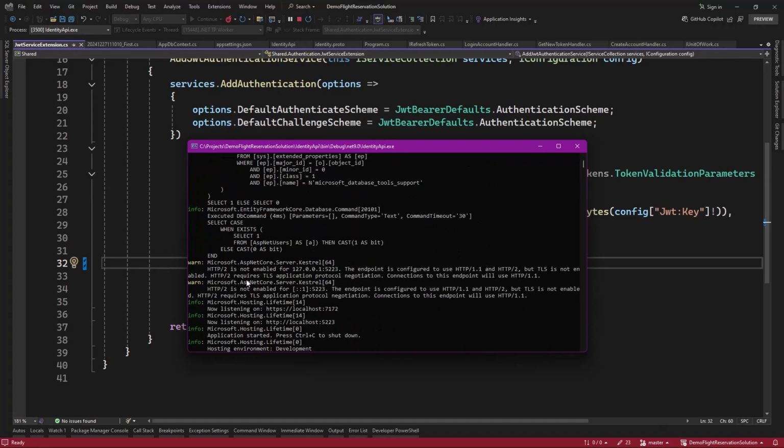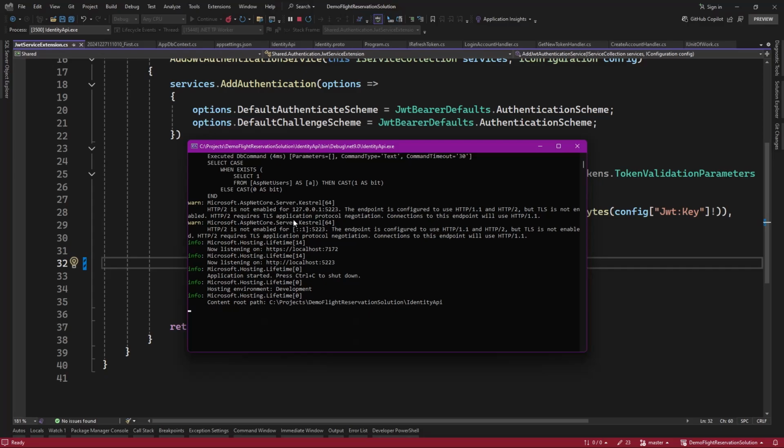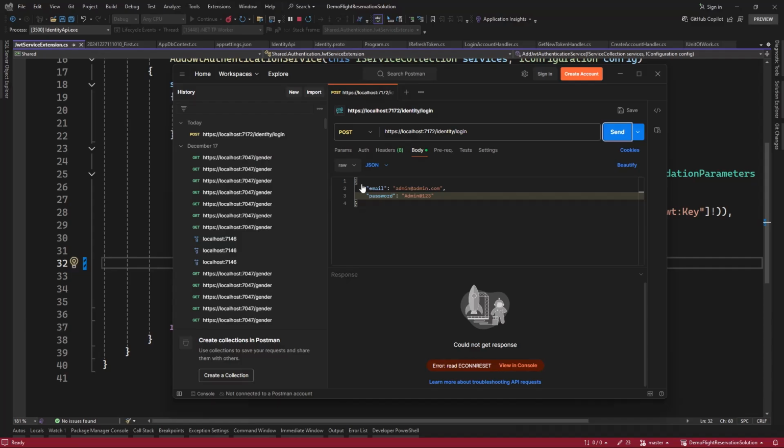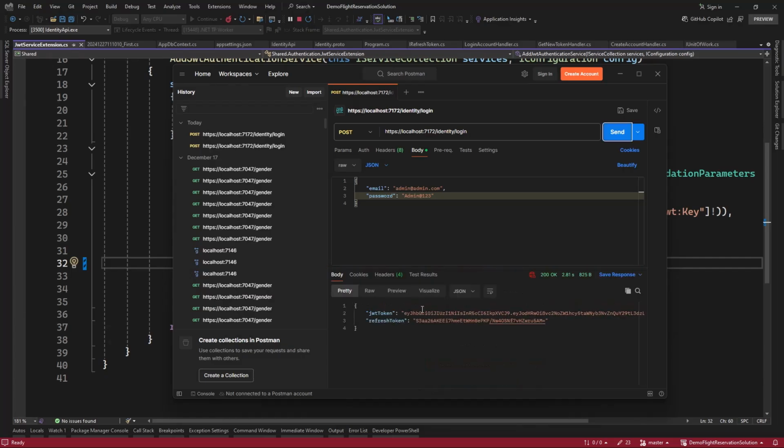We have the same 7172 HTTPS. Okay, so now log in and let's check it out. You can see now we have our refresh token, and then we have our JWT token. You see that? So this tells you that our endpoint, now we're able to convert our gRPC service into a